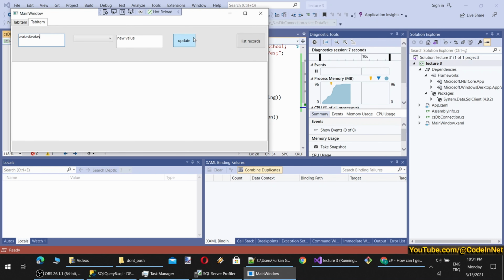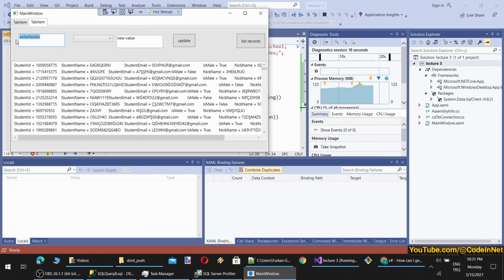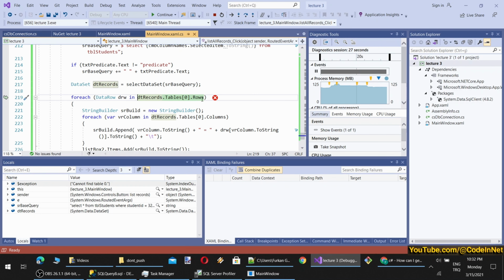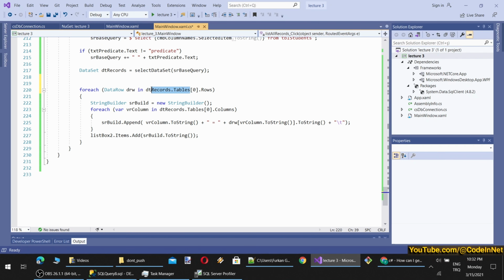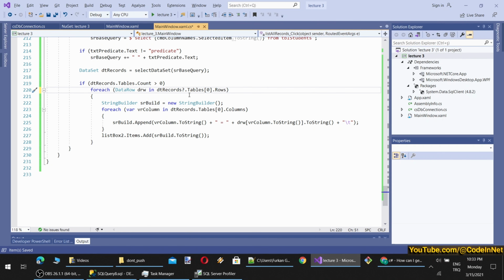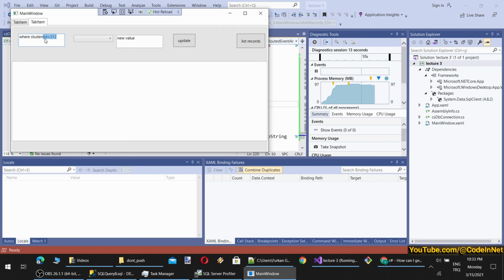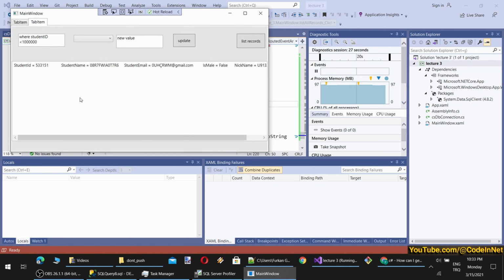So I write something like this. This is not valid. Interesting. Okay, this is appended. Now we are having a problem here because we didn't check whether this table has index 0 or not. And check here if count is bigger than 0. I think this wouldn't work as well because it will try to access the index and it will throw an error. Now it should work. Yeah. Now I will fix the query. I will write it as smaller than this, nothing, like this, nothing, add another, nothing, add another. Okay, now I see I have listed only one.